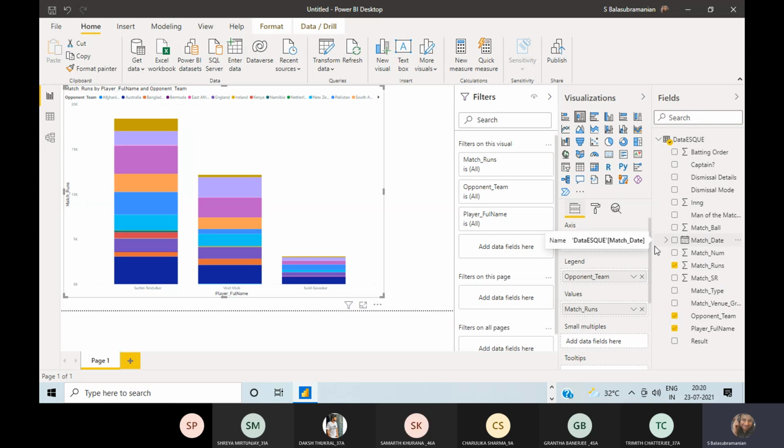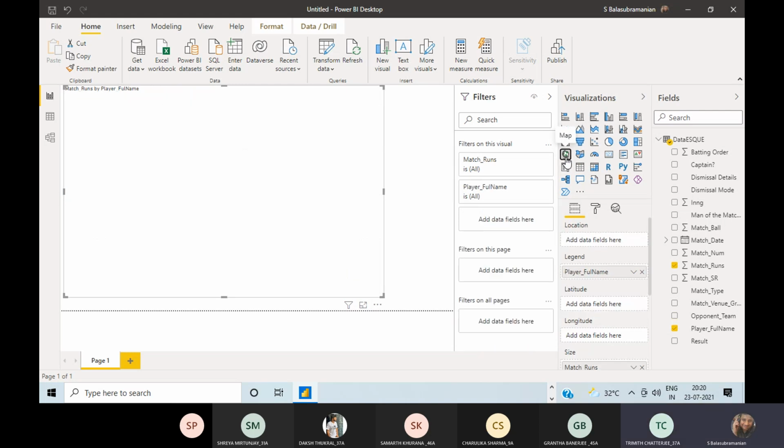And within the map, within the country, if I want to see the total number of runs scored by Mr. Sachin Tendulkar or Virat Kohli or Gavaskar, I can do that. How to do that? If you could see here, that map chart is there. Okay, it is fourth row, first column. Map is there. If you are clicking there,